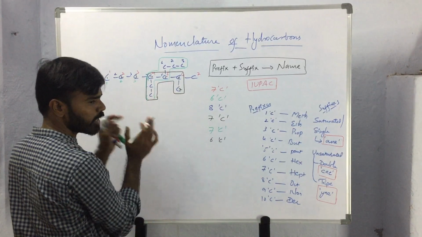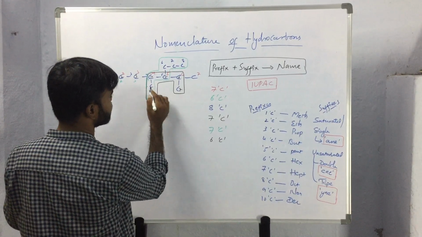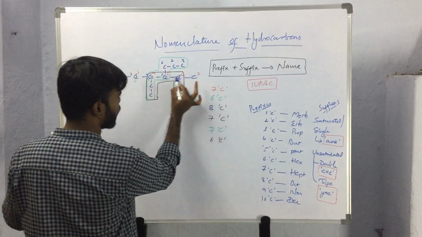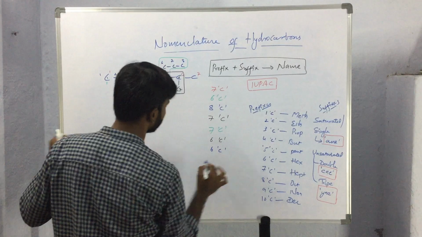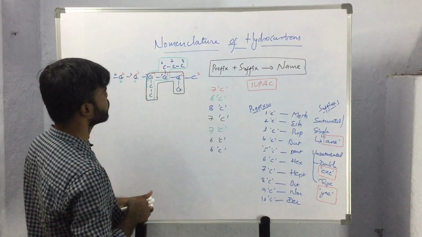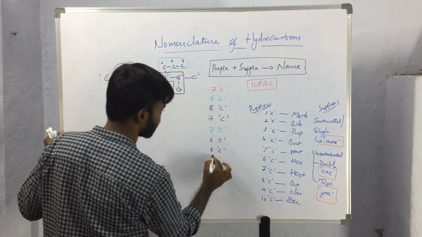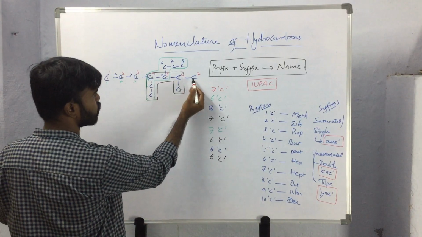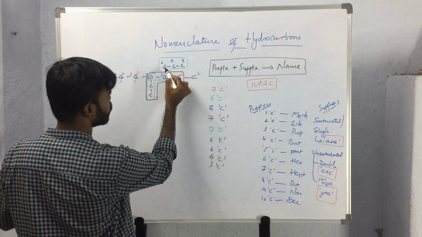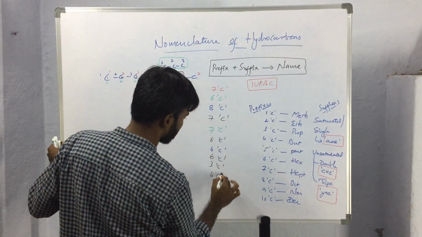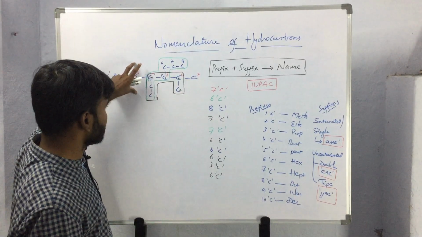Then another possibility. So here we have so many possibilities. Don't get confused, observe carefully. So one more possibility we have is like this. In this condition, 1, 2, 3, 4, 5, 6. 6 carbon atoms we have. Then see one more possibility here. 1, 2, 3, 4, 5, 6. Again 6 carbon atoms. And one more possibility. 1, 2, 3. 3 carbon atoms. And 1, 2, 3, 4, 5, 6 again. 6 carbon atoms. So these many possible continuous chains are present in this compound.